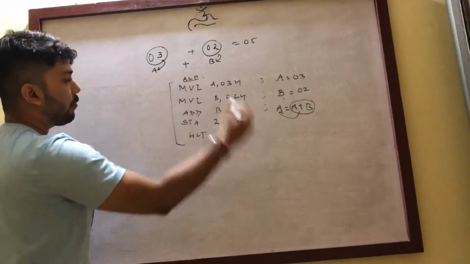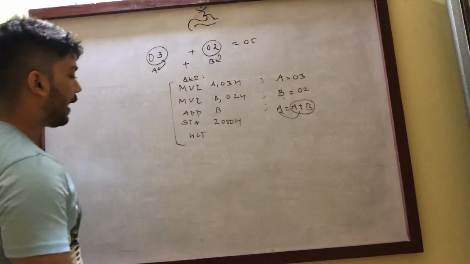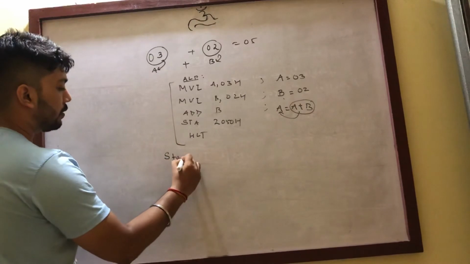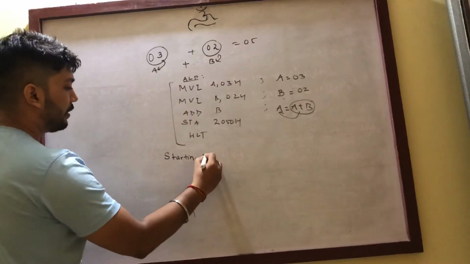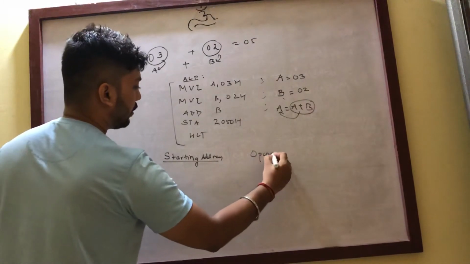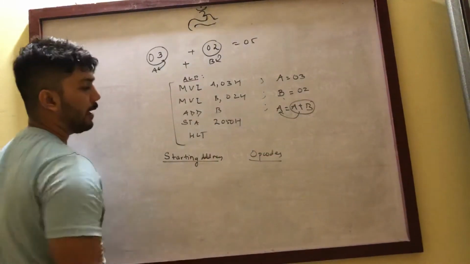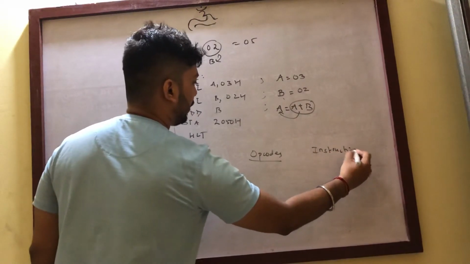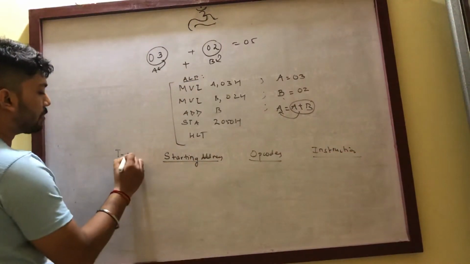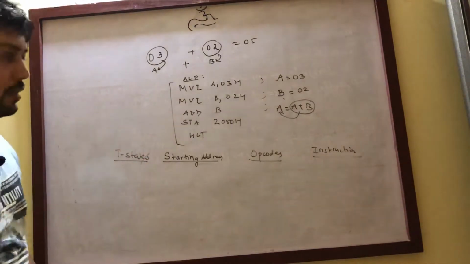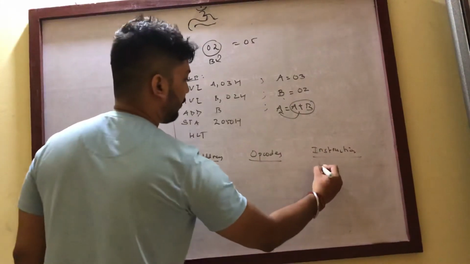But in order to perform it on the 8085 microprocessor kit, I need to know the starting address, where I am storing the program from, and then the corresponding opcodes which the machine understands, and then the instruction. And one more term I need to introduce is called T states. What T states means is how much clock period it requires to complete one instruction. So I'll write the first instruction as